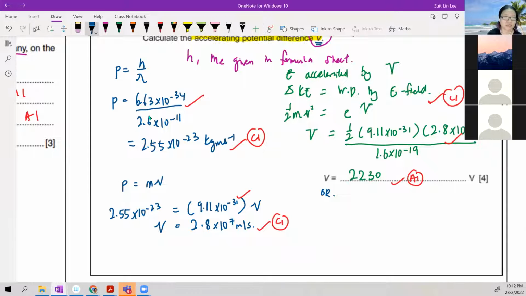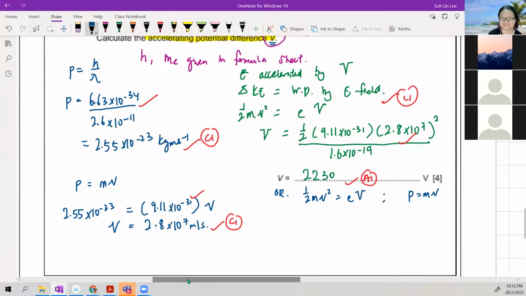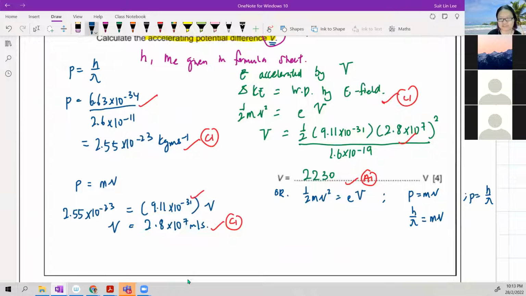So another student may not want to do all the intermediate calculation. They may think, I want to find potential. So half mv squared is equal to EV. But also at the same time, p is equal to mv. Also because there's only these 3 equations to play with, no? p is equal to h over lambda. I have lambda, so h over lambda is equal to mv, velocity of electron. v here would be m lambda over h. Throw inside, half m bracket m lambda over h is equal to EV